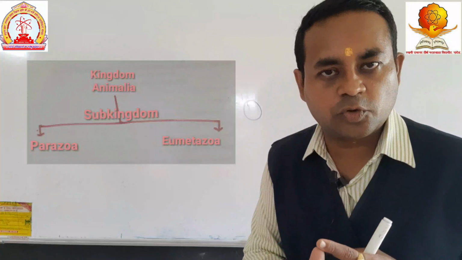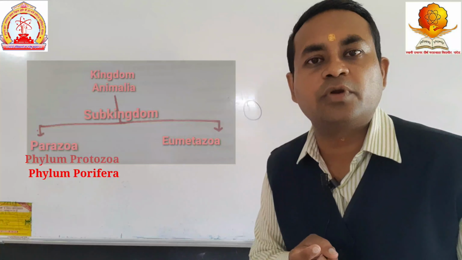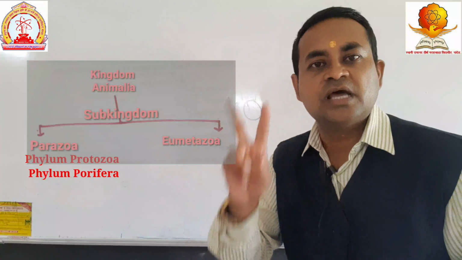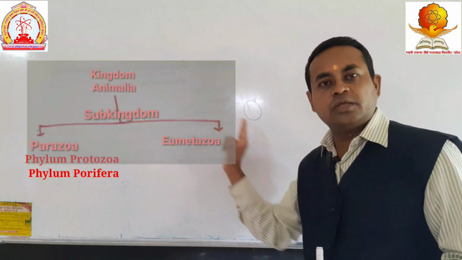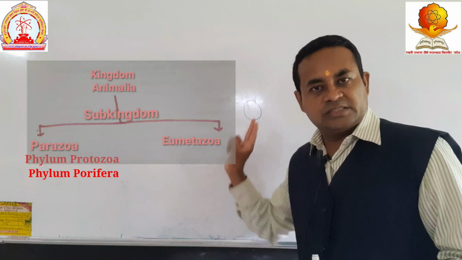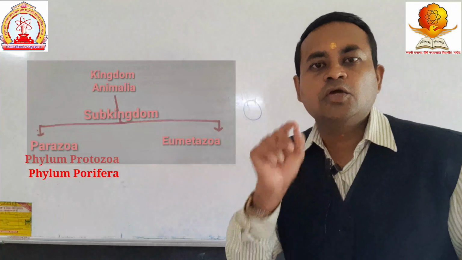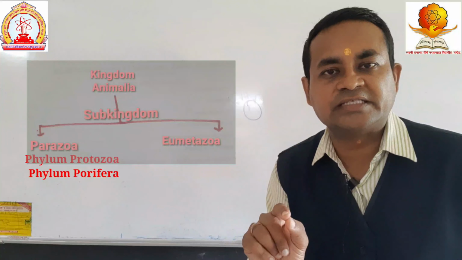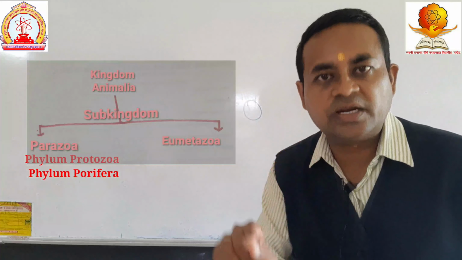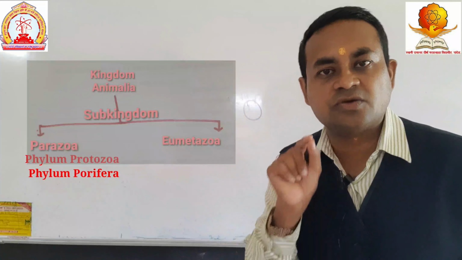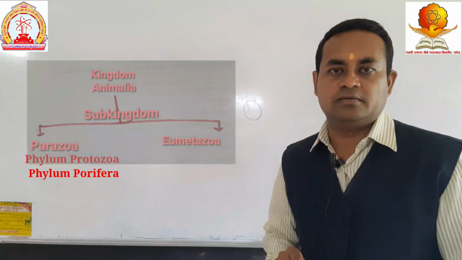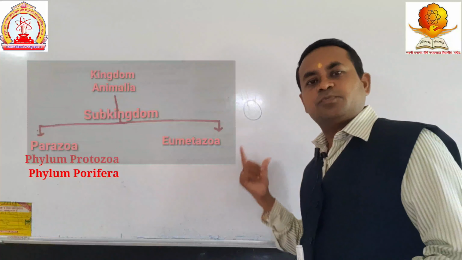First one is the protozoans, another one is the porifera. These are the two phyla included in the parazoa. Protozoa are nothing but unicellular organisms, meaning these protozoan animals consist of a single cell. Then the porifera